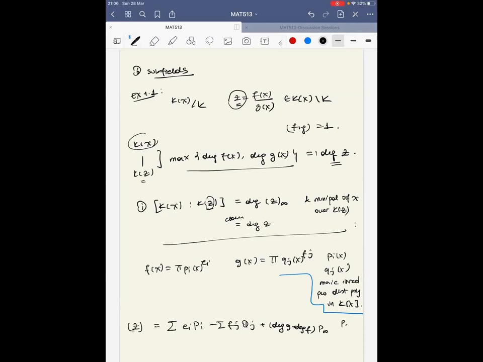And here P infinity denotes the pole divisor of x as usual. And here p_i and q_j denote the corresponding places for the irreducibles p_i(x) and q_j(x). And if you write the principal divisor as a difference between its zero and pole divisor, so now